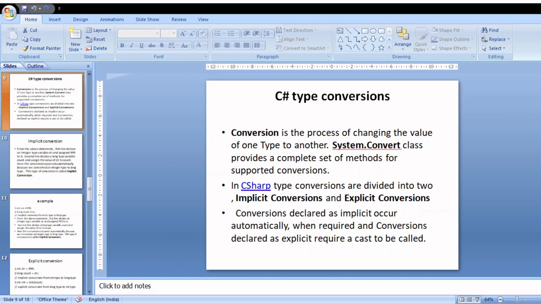Here, I would like to take an example and explain this conversion process. Why do we need conversions, and in what situations do we need these kinds of conversion techniques? We need to apply these conversion techniques in our programming. Suppose you are going to declare some variable with a byte data type. Suppose you are declaring the variable b1, which is storing the value 50 as a byte data type.